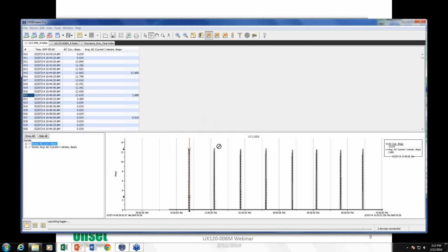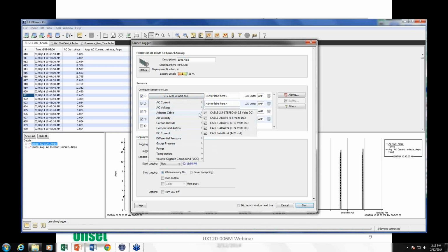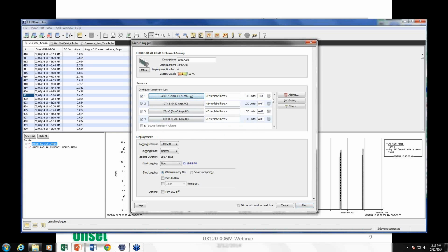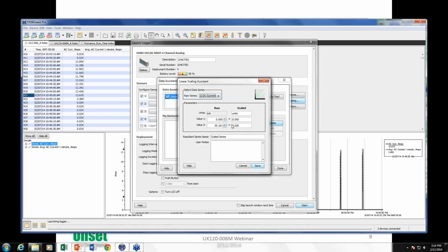Just to touch on some of that scaling here, as you can see, you can choose from the list of standard sensors that we carry and support, but in the case where you may have your own sensor, let's say it has a 4 to 20 milliamp output. You're then able to come over to scaling, and what you're going to do is create a scale. So you have 4 to 20, and then let's say you have 0 to 100. Change this to PSI and